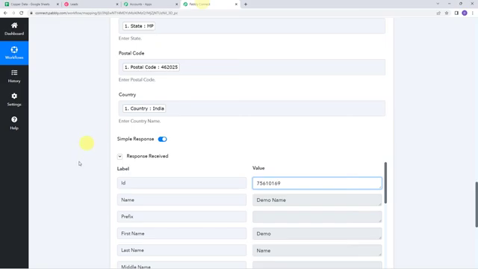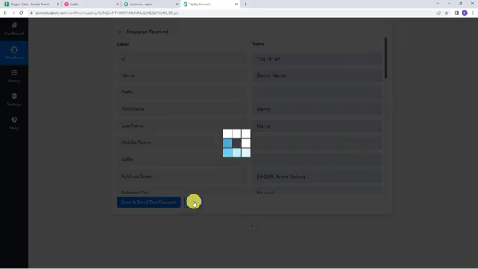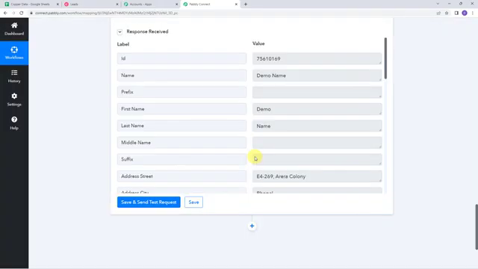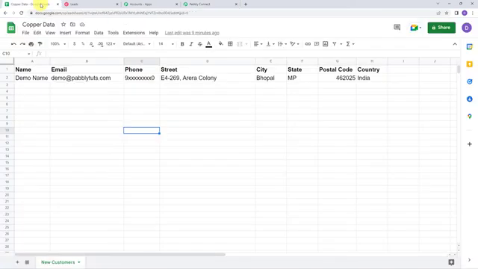Let's move back to Pabbly Connect and let us save this workflow first. Data saved successfully. Okay, now we have set up an automation between Google Sheets and Copper. Next time, whenever you're going to add a data to your Google Sheet, automatically a new lead will get created into your Copper account. So let us check this in real time whether our integration is actually working fine or not. For that, let's move to Google Sheet and here I'm just going to enter the details of